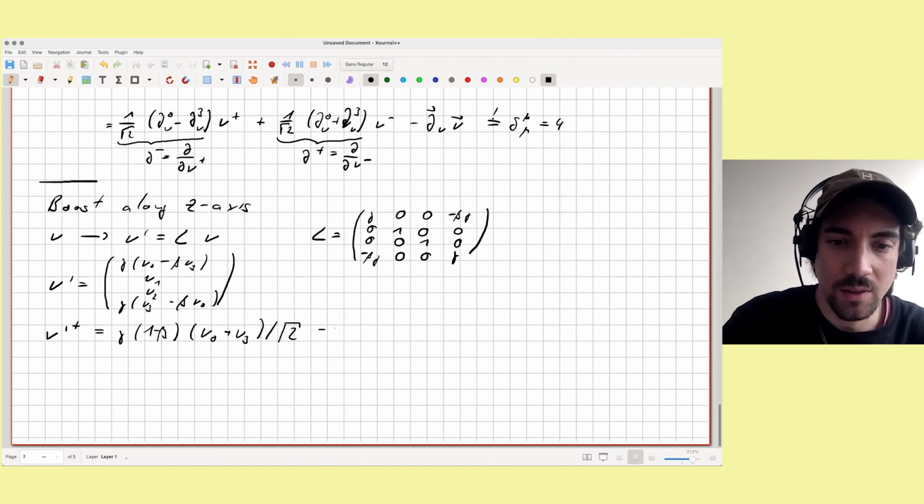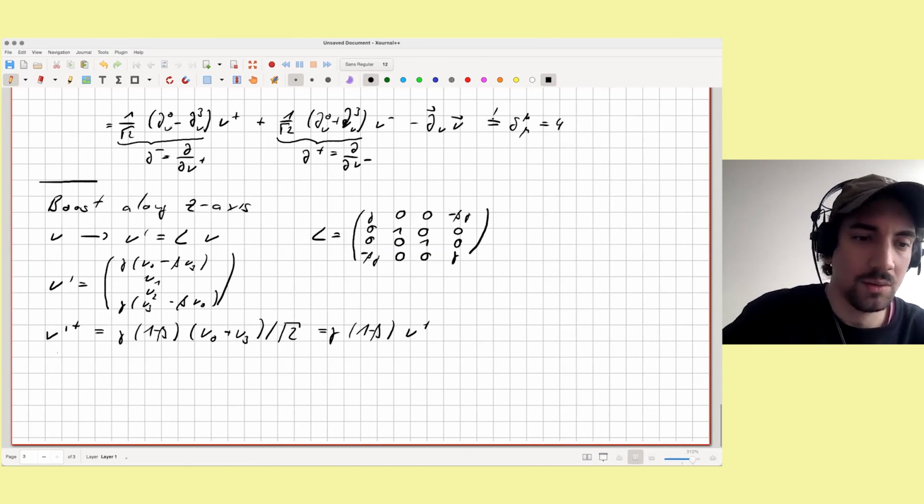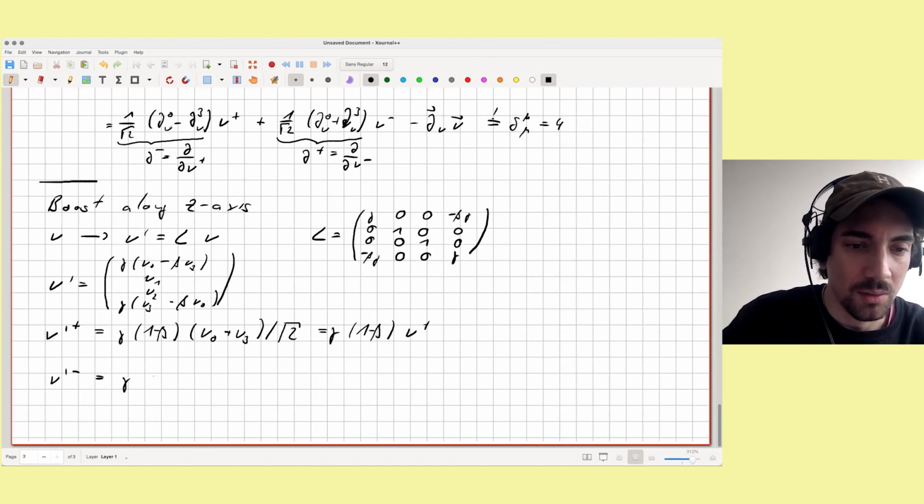This is then just gamma (1 minus beta) v plus. And for the minus component, we find the following, that we've now got gamma (1 plus beta)